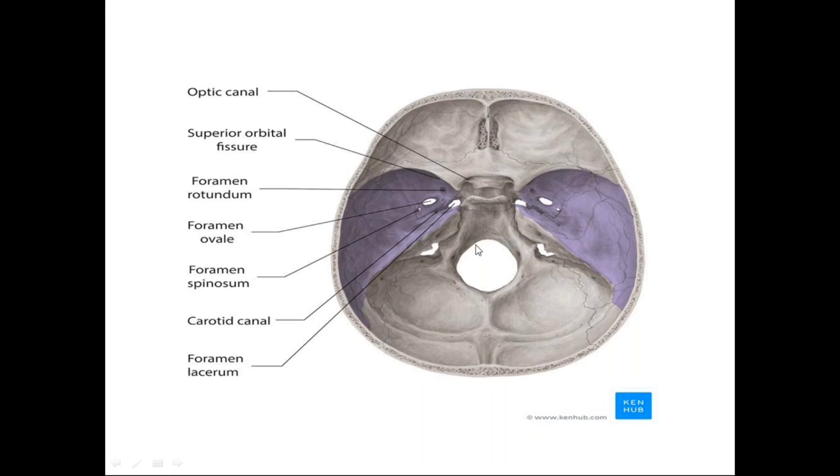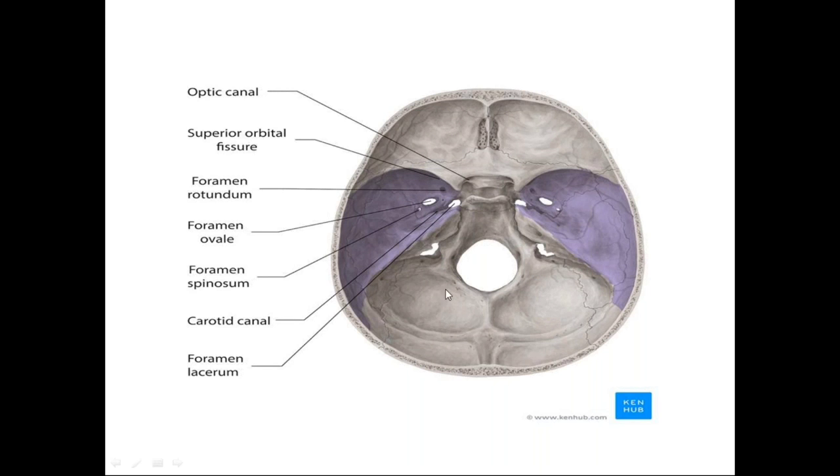Then this is the posterior cranial fossa. Posterior cranial fossa is bounded anterolaterally by the petrous part of the temporal bone, posteriorly by the occipital bone. This is the occipital bone with transverse sulci. Now it has a large foramen, the foramen magnum. This is the jugular foramina. Foramen magnum, in front you have the anterior hypoglossal canal. Behind the condyle on the inferior surface you have condylar canals, posterior condylar canals.